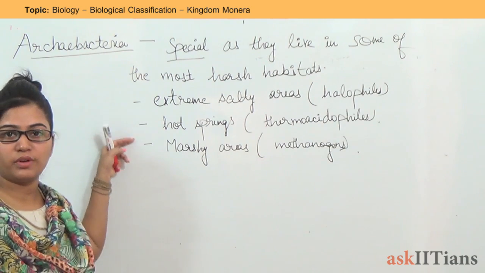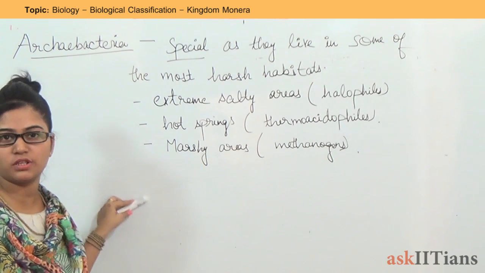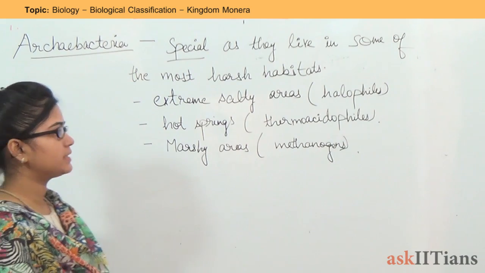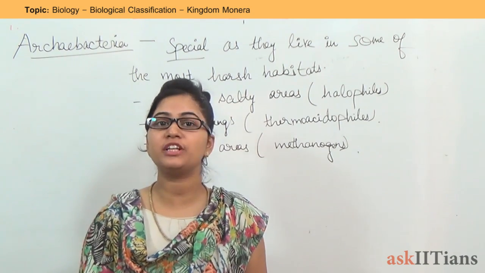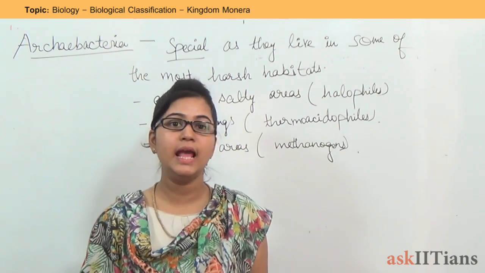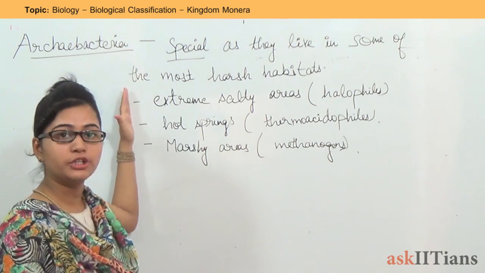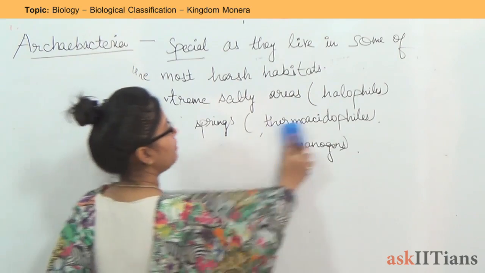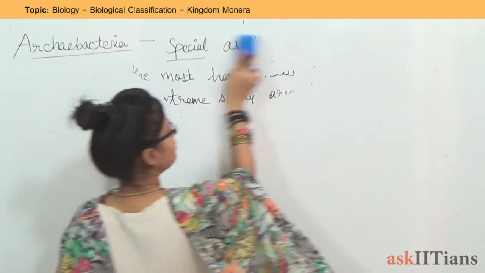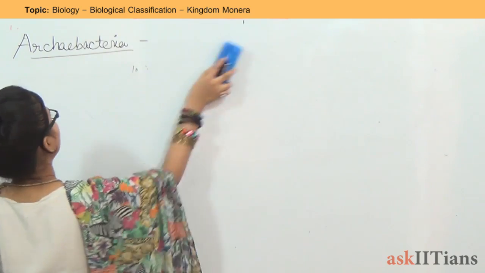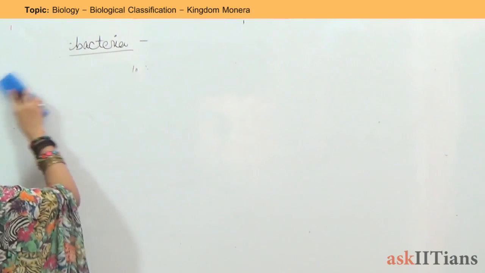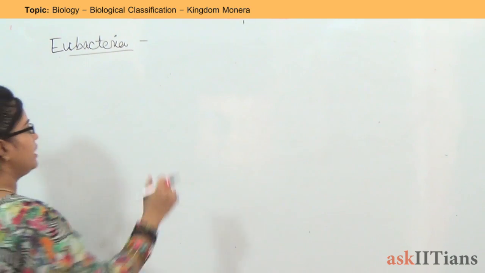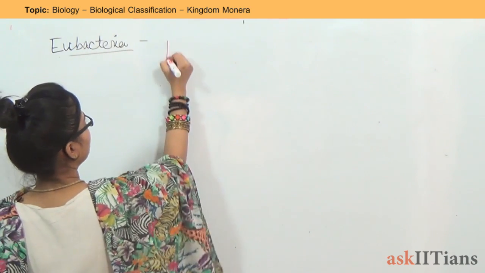So these are the extreme conditions, the harsh conditions under which these bacteria are alive. One more thing is that these bacteria have a very different cell structure. Due to this different cell structure only, they are able to be alive during these harsh conditions. Next, let us take the example of eubacteria. I guess most of you know that eubacteria is also known as true bacteria